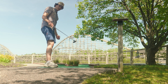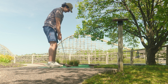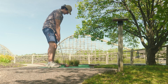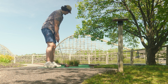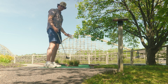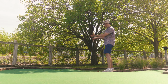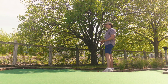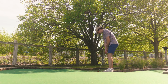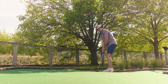Is it just me, or is the name Wolverine Wildcat a little bit redundant? Because there's a Wolverine. Hey, is a Wolverine even a cat? Sometimes I think those things look almost more like badgers or something. But if it is a sort of wildcat, why are you telling me? You just told me by telling me that it's a Wolverine. That's like saying a human man, right? Maybe not. These are the thoughts that I have while I'm playing mini golf alone at Michigan's Adventure on a